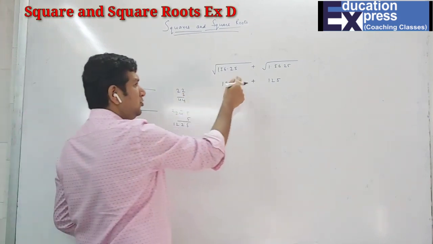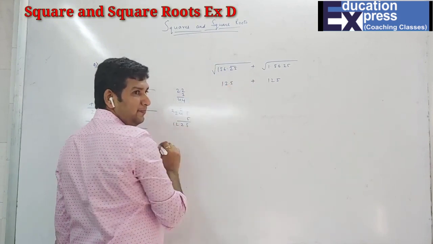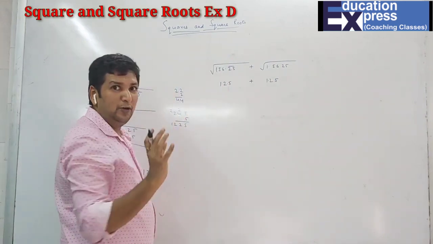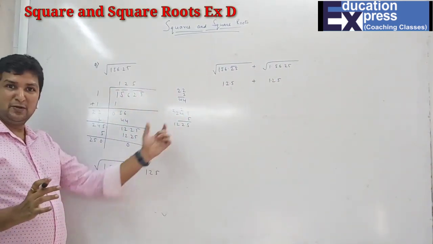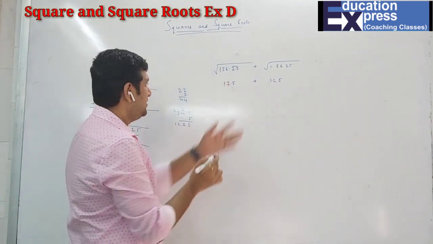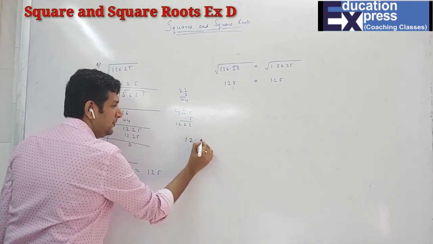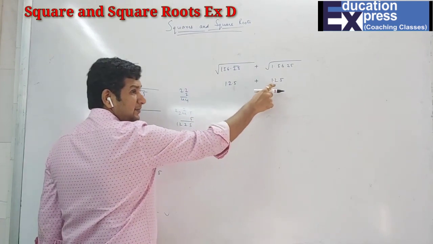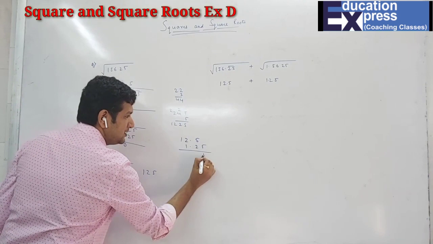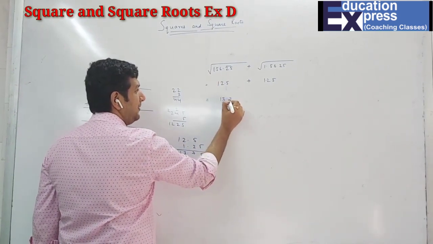Here decimals are there. So simple, after decimal there are how many pairs? 1 pair. So obviously the decimal comes after one number. Here after decimal there are how many pairs? 2. That means it will come after 2 numbers. That's the only change. Because the number is same, answer will be same. Just see with respect to decimal there are how many pairs. Now add this. So 12.5 is very important. Few people make a mistake over here. You have a decimal and a decimal. So 12.5 here is 1.25. So 1.25. The answer will be 13.75.